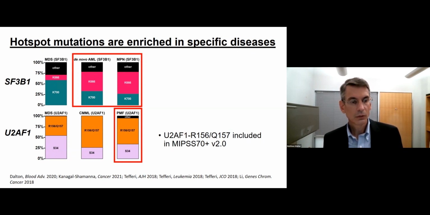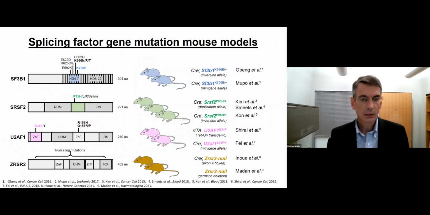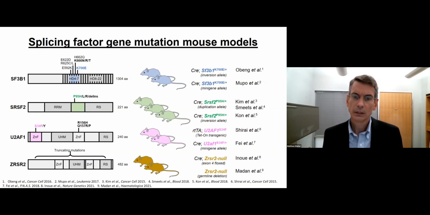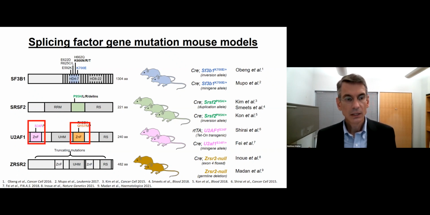And so to do that, we looked at the existing mouse models. There are 4 genes that are represented here, and each of them has mouse models that have been published over the past 10 years. And there are 2 genes that stand out to address this question. The first is SF3B1, because it does have more than one hotspot mutation. And the second is U2AF1, which is uniquely positioned to address this question of, are there hematopoietic consequences of specific hotspot mutations? And as I said, these 2 variants are fairly equally represented in myelodysplastic syndrome,